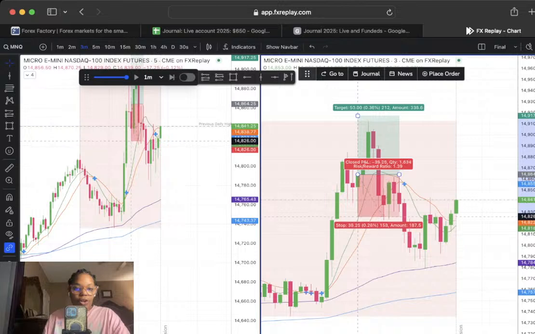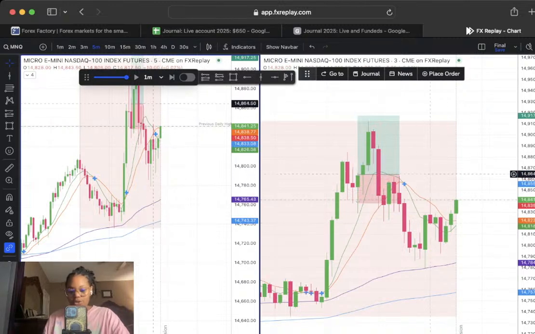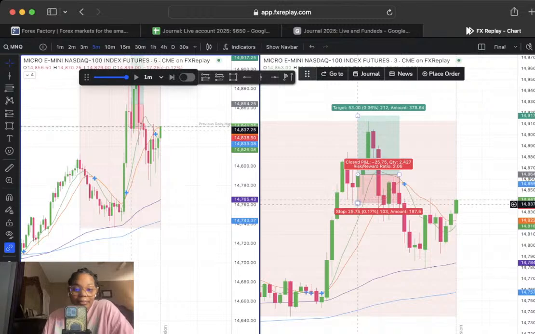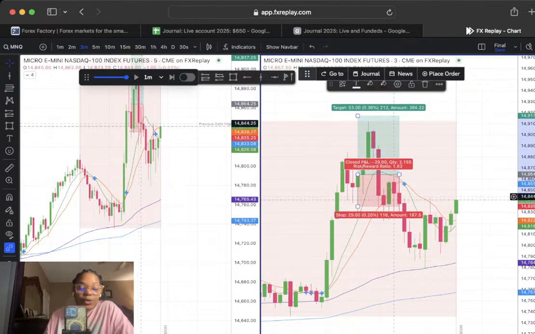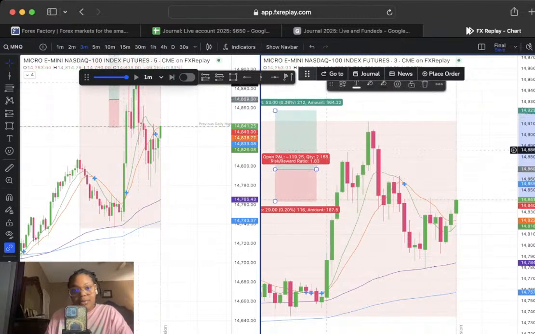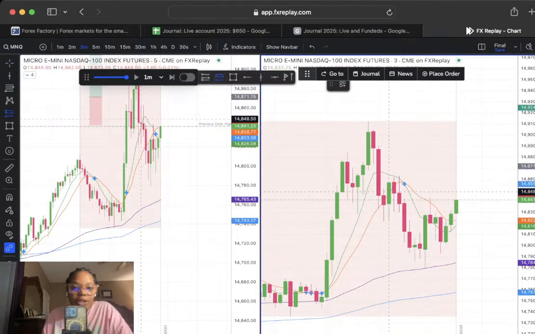Because if you waited here, now your stop loss is here. You got the retest, your stop loss is smaller. So yes, you do risk less, but you're going to win the same. But I guess if you're risking less and you win, your losses are smaller too, so you might be making more money, which is kind of fair. So again, you have to do what's best for your emotions as well.